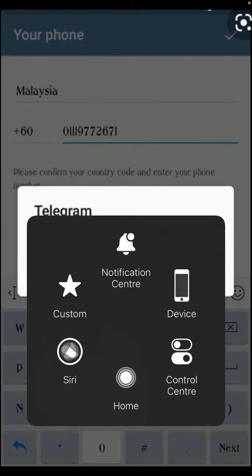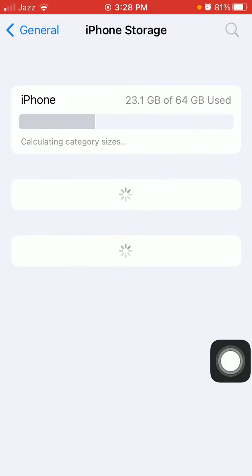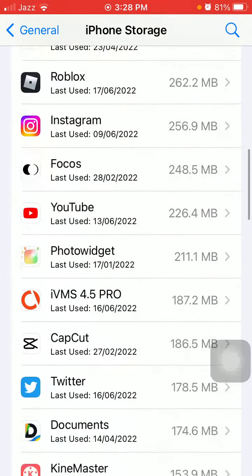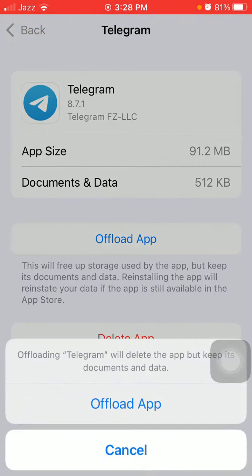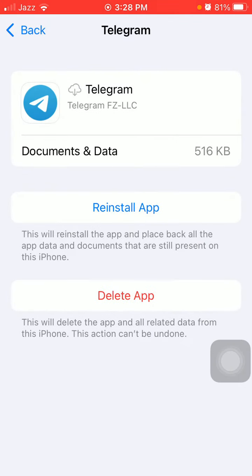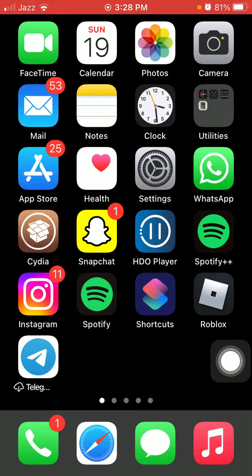Now what we have to do, simply we have to launch Settings, then tap General and tap iPhone Storage. Here we have to find and tap on Telegram and tap Offload App, then tap Offload App again. And on the Android platform, you have to clear the cache in App Management. After that we have to force close all the apps that are running in the background and launch